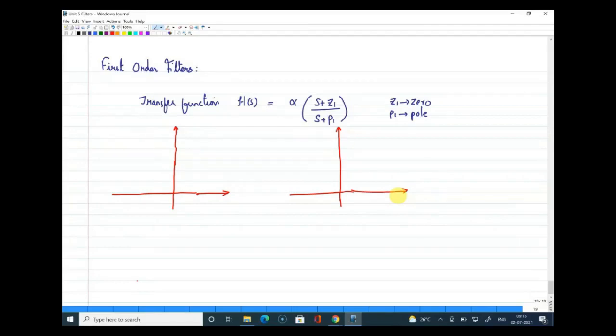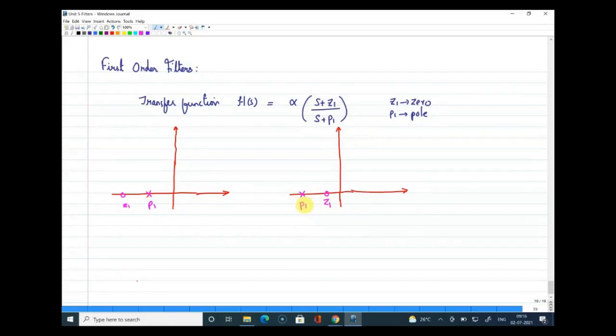But here the possibilities are that you can have either a pole coming first or a zero coming first, right? So that means I can mark in this form. Either you will encounter, on the left hand side, I'll use a different color, a pole of value P1 or a zero of value Z1 in this form. This is one possibility. And the other possibility is you will encounter first a zero and then a pole. These are the two possibilities out of this general transfer function.